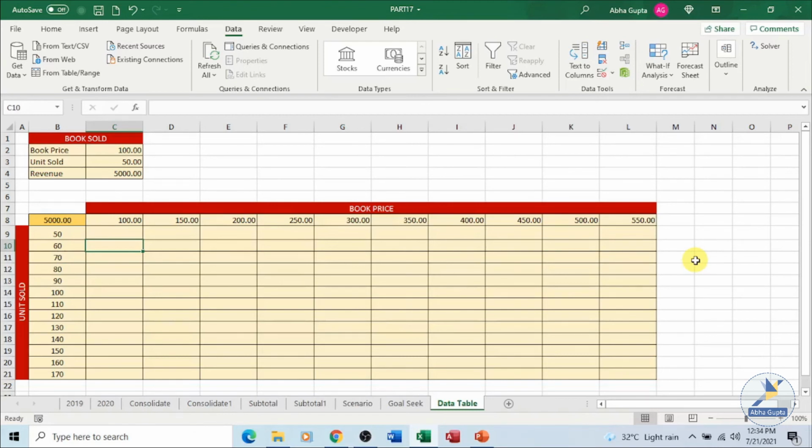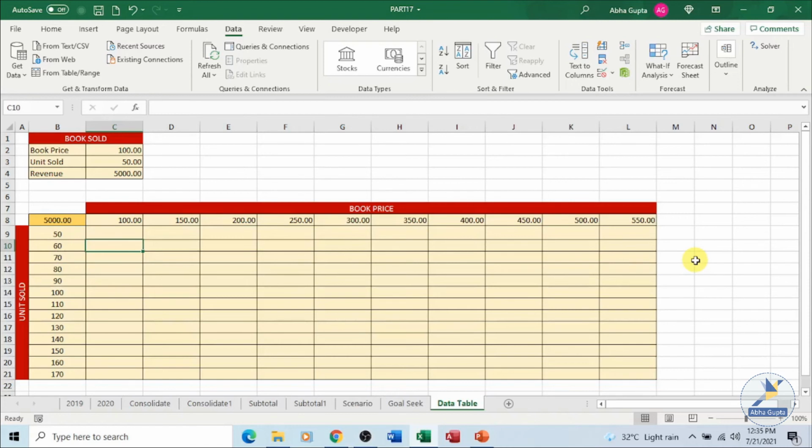In goal seek we were able to change the value of only one variable, whereas we have another analysis tool known as data table, in which we have a range of cells where you can change the values in some of these cells and come up with a different answer to the problem. And here you can make changes to more than one variable and get the result on the same sheet in the form of a table.